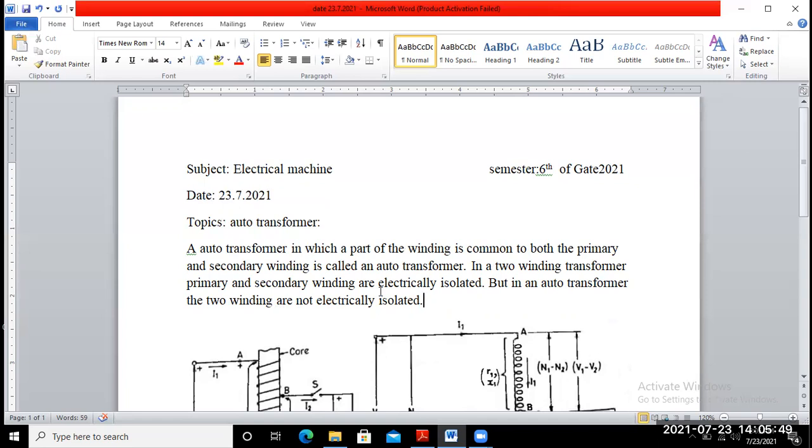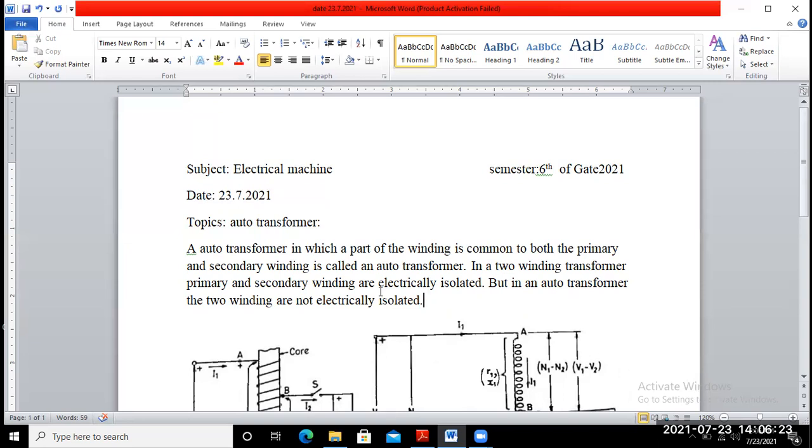So if we try to draw the schematic diagram of the auto transformer, again two types exist according to the voltage going up or down: we may classify them as the step down transformer and the step up transformer. I think you are very familiar with the step up and step down transformer, and which transformer is known as a step up and a step down transformer. We already discussed these things in the conventional two winding transformer.